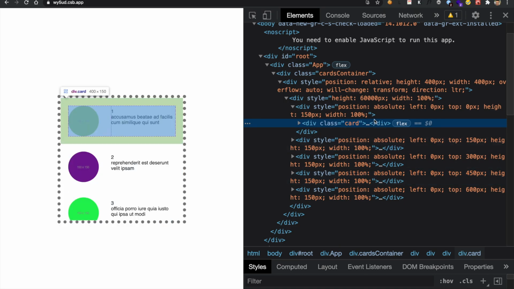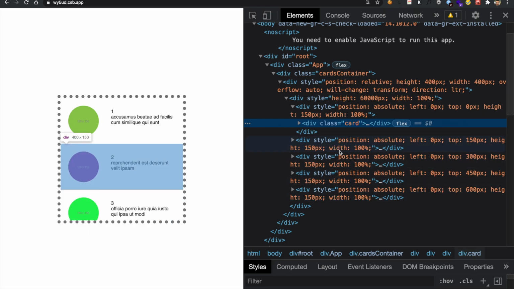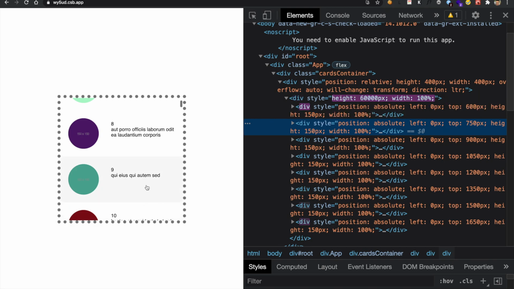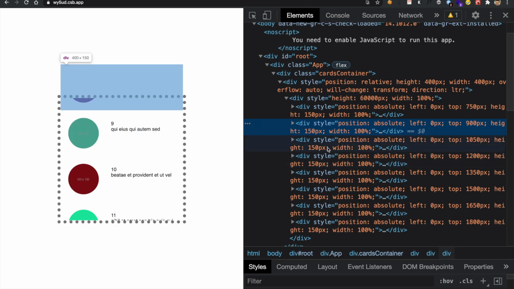Here you can see that we have only a few cards available in the DOM. The cards that are part of the viewport are the only cards available in DOM. Let me just scroll over the cards. Here you can see that the new cards that are part of the viewport replace the existing cards in the DOM also.